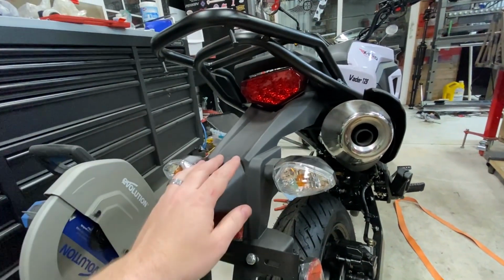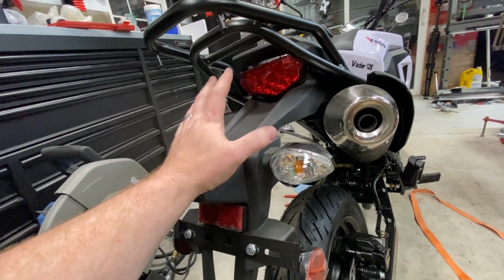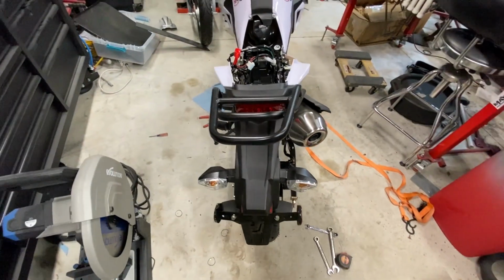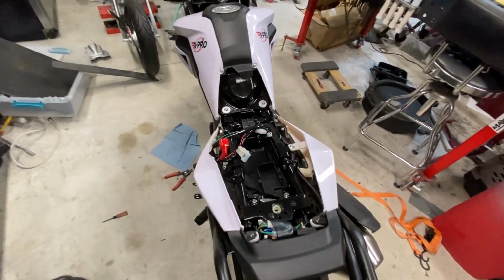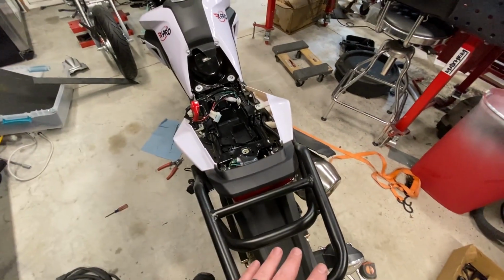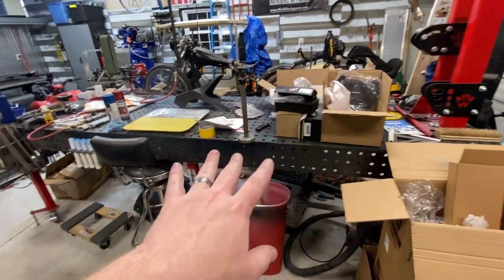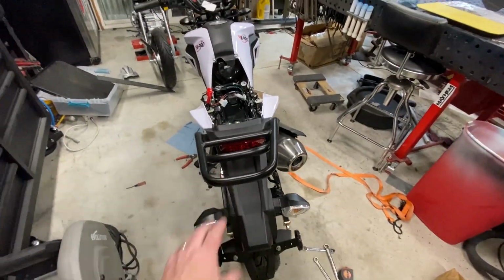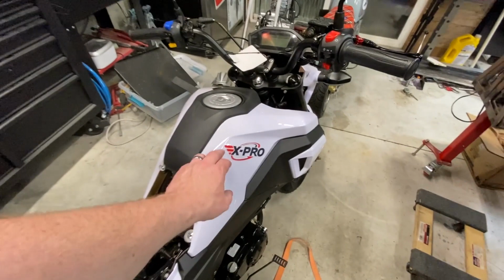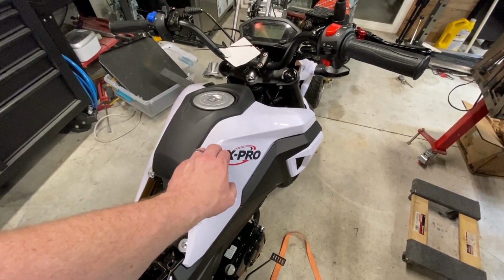There are plenty of tutorials online for this. I don't want to make that kind of video. I just want to show you how it came to us and the mods we're doing. So I've already popped the seat off and pulled our battery out. I'm going to get to stripping off the stuff we don't need, and then adding the TST Industries tail tidy to our Vader. Another thing I'm going to do off camera is pull these stickers off,